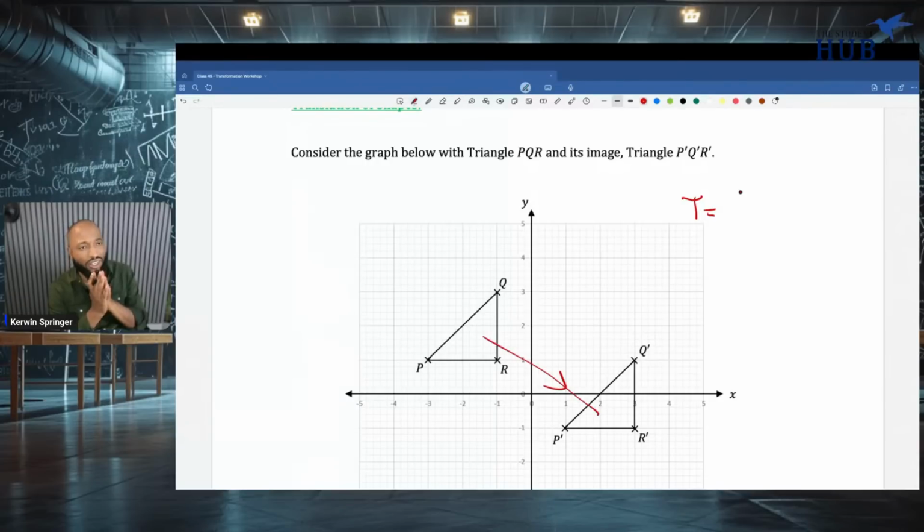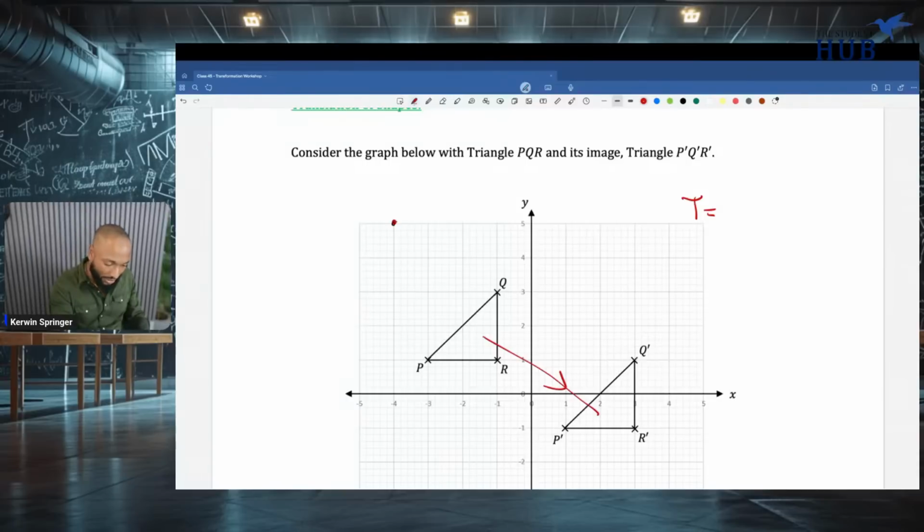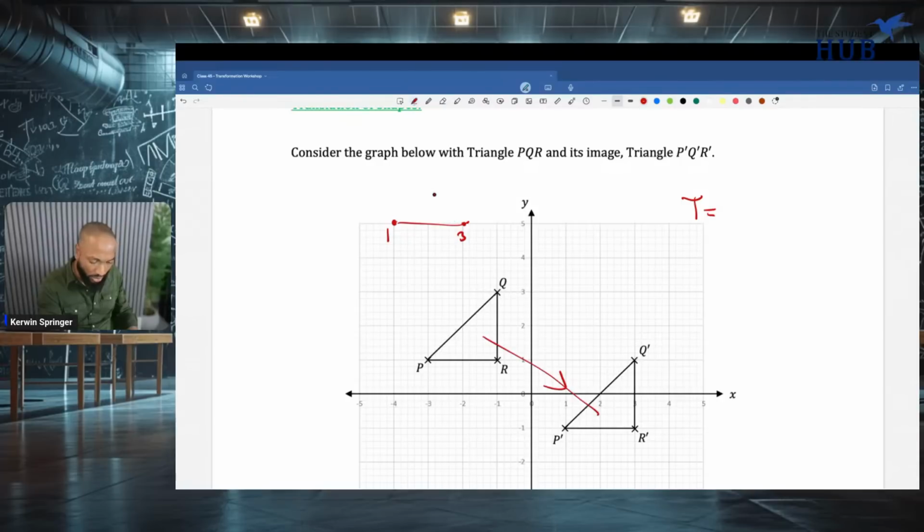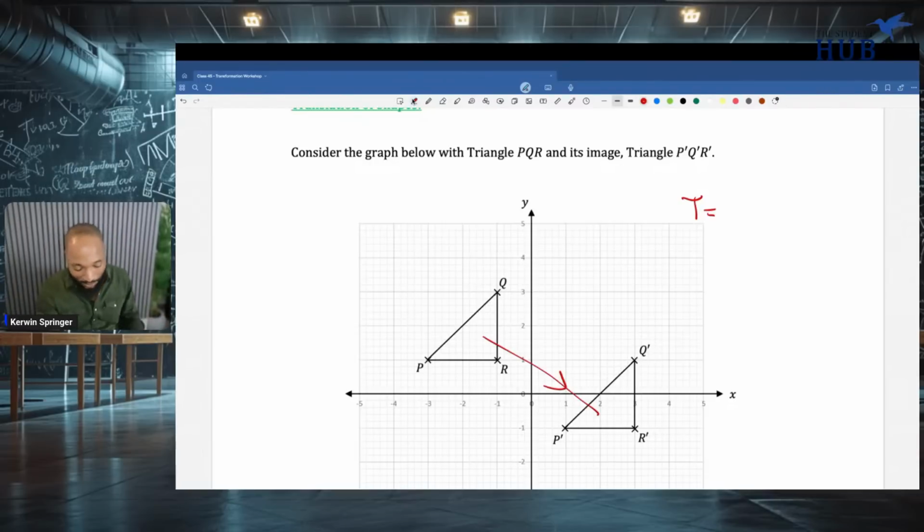Zion is asking if there's another way to work it out. No. What other way? I don't understand what you mean by that question. That's like if I say you start at 1 and you go to 3, you just say 3 minus 1 is 2. Is there another way to work this out? Well, you count it, 1, 2. I don't understand what you mean by another way. Why do you need another way?